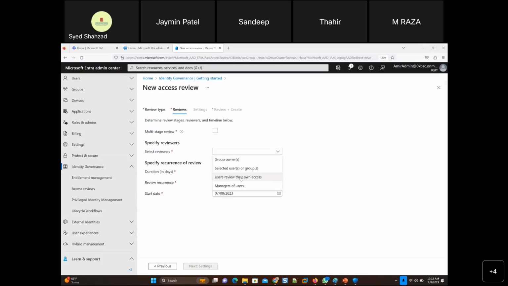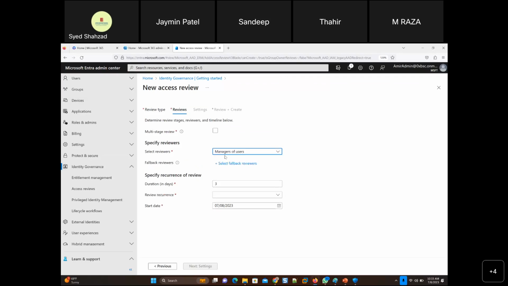They will say, "Oh, I want to stay," or maybe they want to go, but the manager or the department director doesn't want him or her to go away, and so we should not be putting that in users' hands, but up to the managers of users. So whoever is the reviewer, I'll select managers of users. The manager of the marketing department will be reviewing this security group and who the members of the security group are, and fallback reviewers.